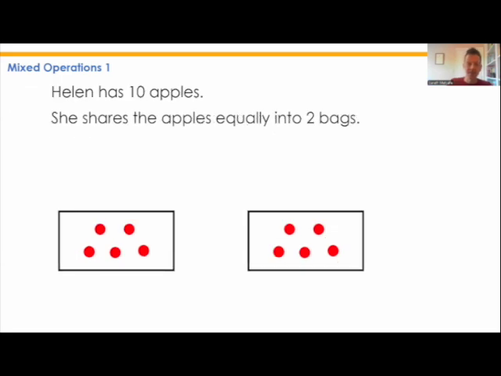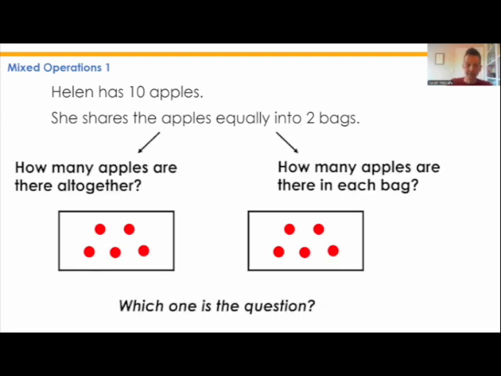question. And then we have Helen has 10 apples. She shares the apples equally into 2 bags. And I might give the children a moment to think, well, what do you think the question will be here? And then we see, is the question how many apples are there altogether? Or is it how many apples are there in each bag? And we see the question here is how many apples are there in each bag? Because we already know how many apples there are. There are 10. So the thing that we'd need to calculate is how many are there in each